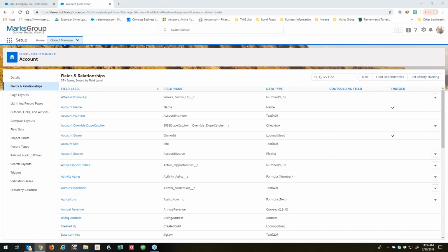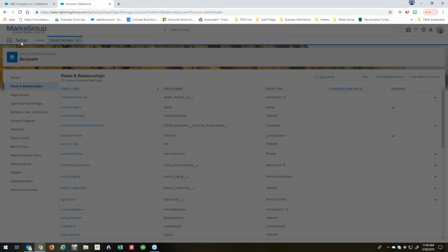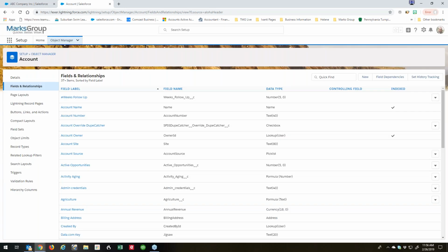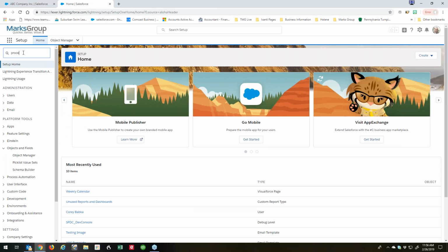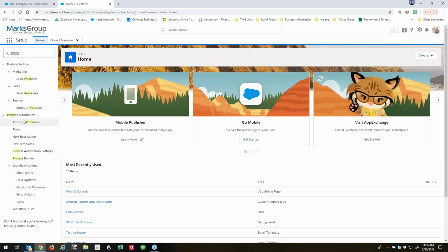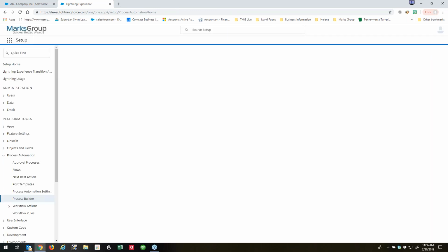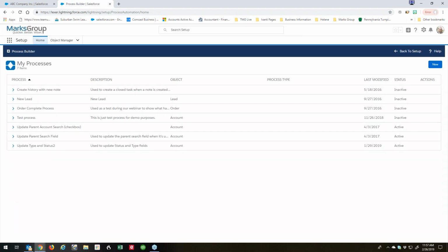So we're back into this. Now we have to create the process. So adding the field is a piece of cake. That's nothing, right? And so I'm whipping through this a little bit fast, but just forgive me for that. When I go to Setup, and Process, Process Builder. Okay. We do Process Builder here,